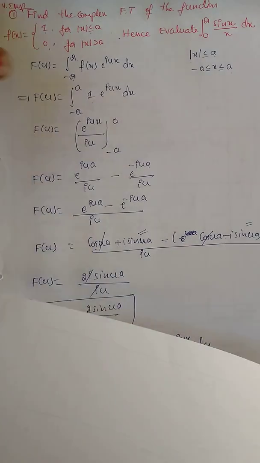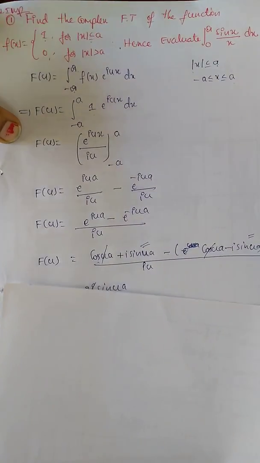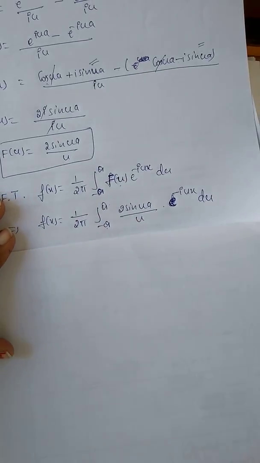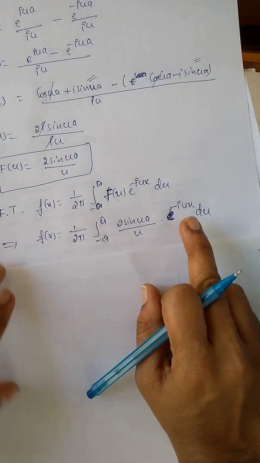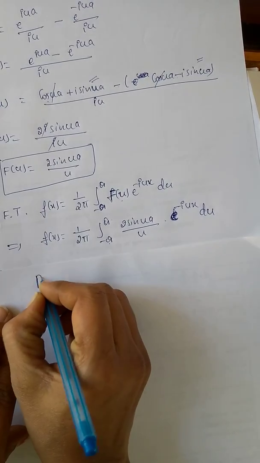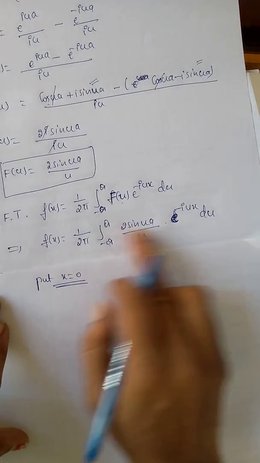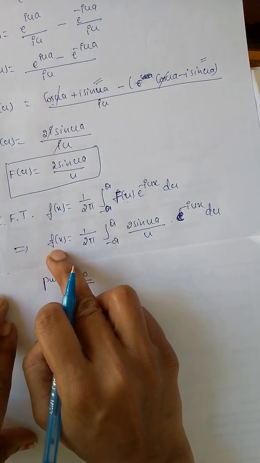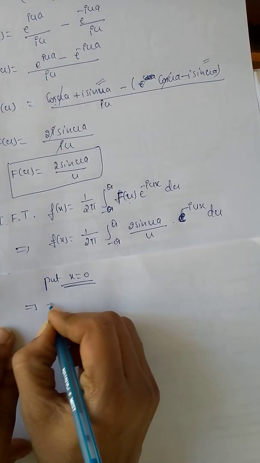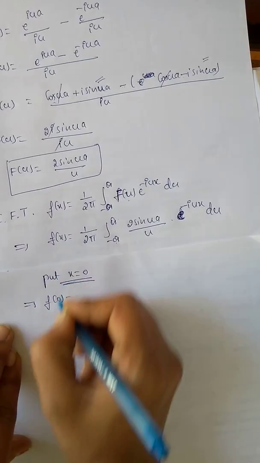Okay, so here to evaluate the last equation, I am going to remove the exponential term because we don't want this term. For removing this term, I am going to take the substitution x equal to 0. If you take x equal to 0, the f of x term is also there, so I substitute the f of 0 value on the LHS.